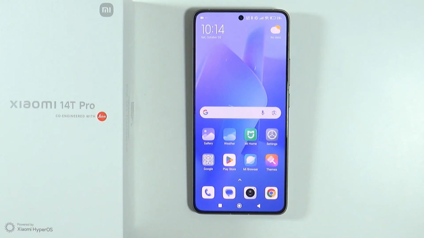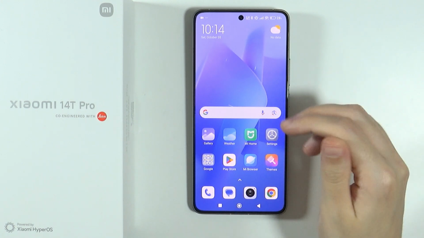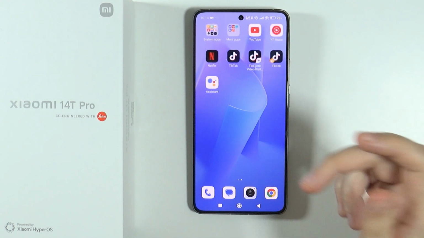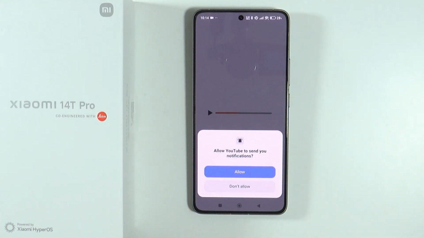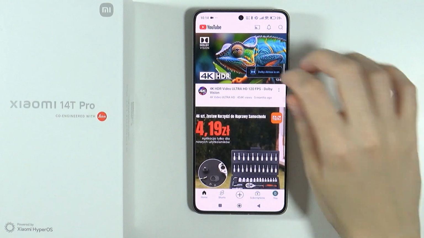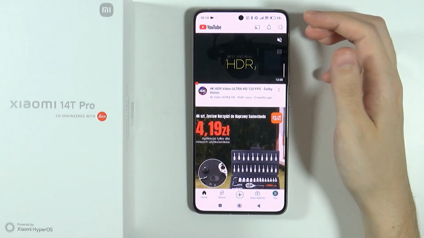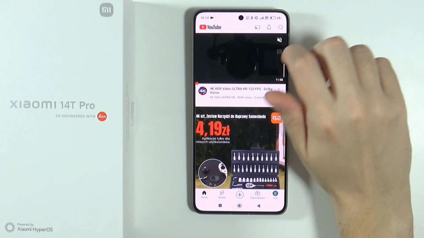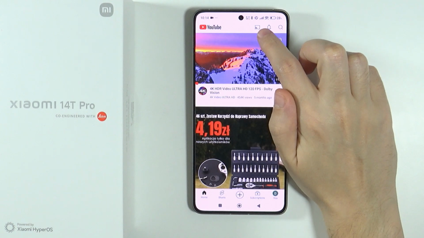Hello, in this video I'm gonna show you how to cast the YouTube app to TV on Xiaomi 14T and 14T Pro. In order to connect YouTube to TV through your Xiaomi device, what you need to do is first of all open YouTube. So let's do that. And you can immediately here in the main menu of YouTube, you can press this button with the TV and